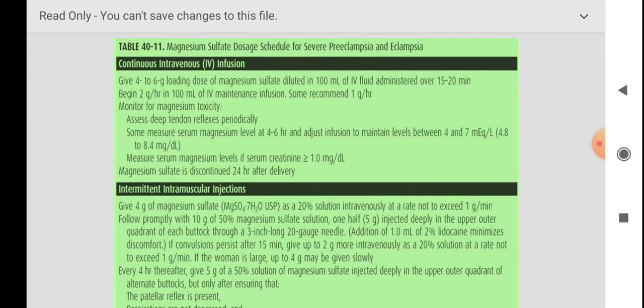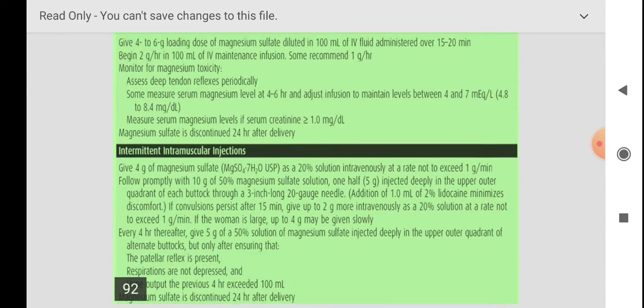Magnesium sulfate dosages for severe preeclampsia and eclampsia. Eclampsia, once the patient throws convulsions, definitely anticonvulsants, that is magnesium sulfate, should be given. But in case of severe preeclampsia also, a magnesium sulfate loading dose should be considered to prevent the development of convulsions. That is called